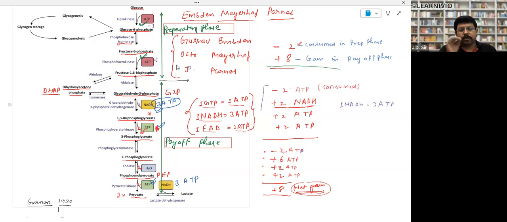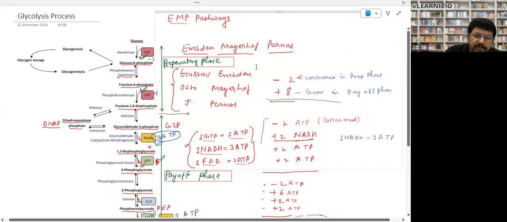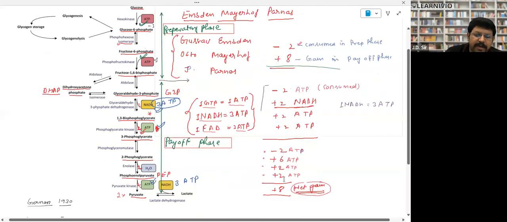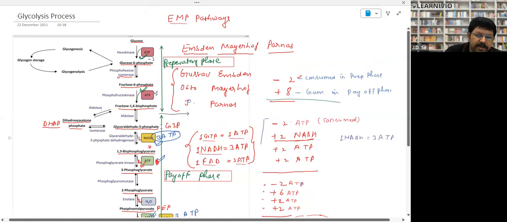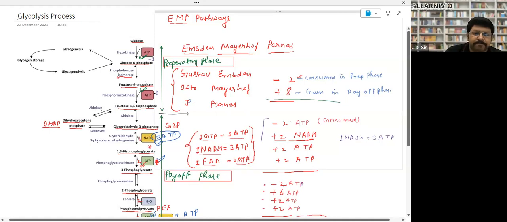You have to note it down, like when you get the question in the form of describe glycolysis with the help of a flow chart or with the help of a skeletal diagram, then you have to write down this language, and after that you have to draw this glycolysis skeletal diagram. And in the exam, if they ask you to write this energy balance sheet, then you have to note it down. Otherwise, this is for your understanding, but they can ask you. And this will help you even after your exam as well. But this complete diagram, you have to describe which one is the preparatory phase, which one is the payoff phase, and that's how you have to write it down.